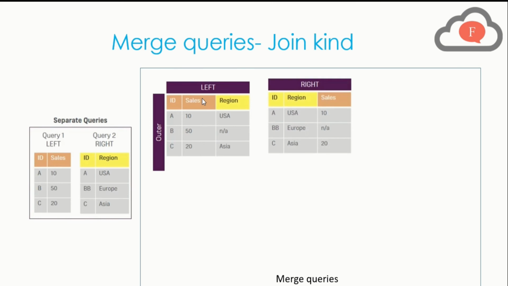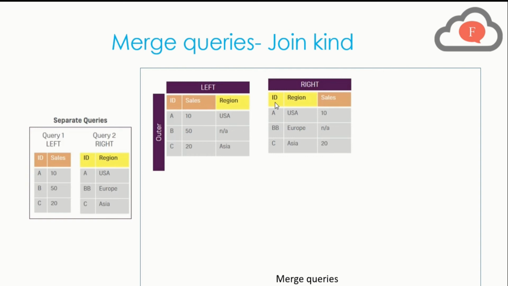If I go further, you will see the joining is also possible in merging queries through the right side. If I make a right query, a main query on which I will join the left query, then the right will be used. Here you can see the ID and region is the main query now, and on the basis of this, query 1 has been added to query 2. So you can see the difference between left and right: on the left, query 1 is of main importance, while on the right, query 2 is of main importance.